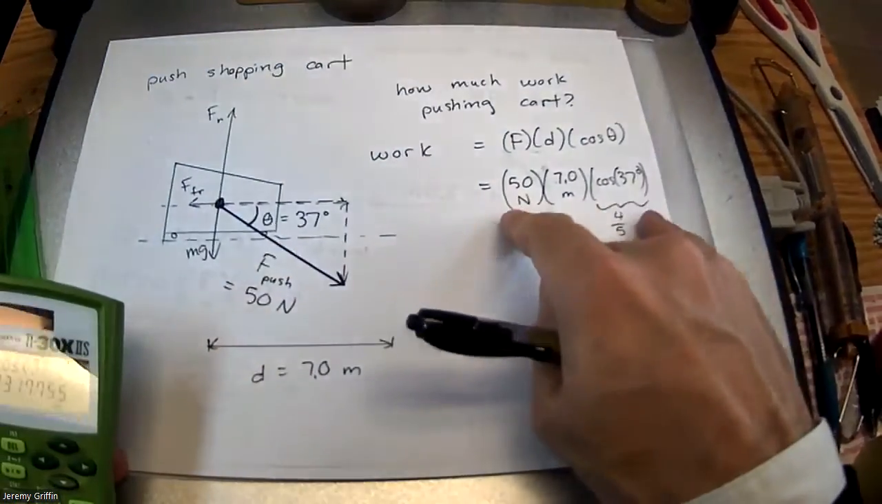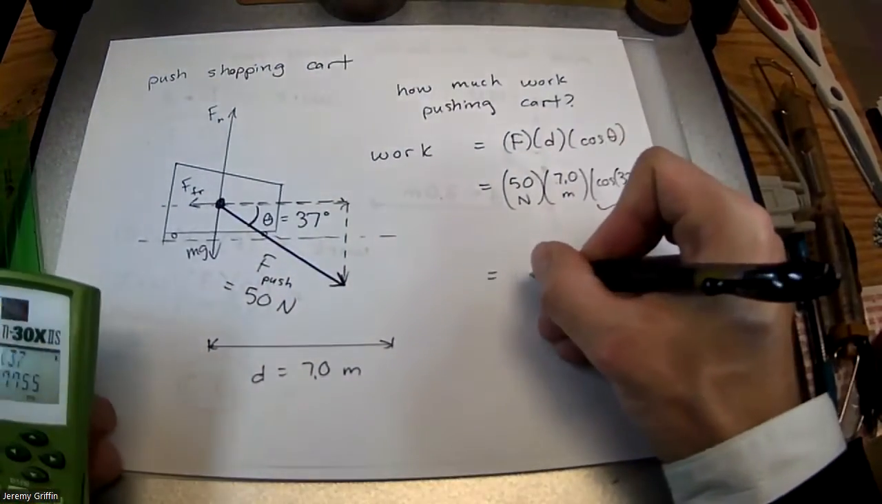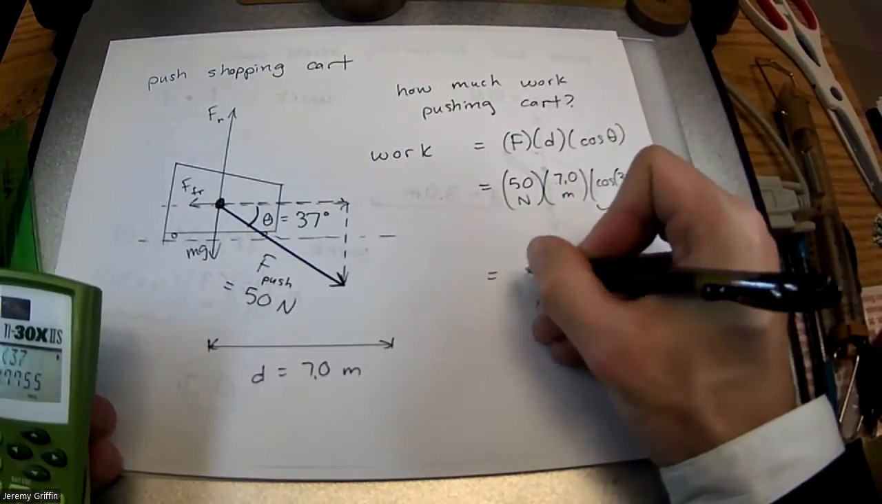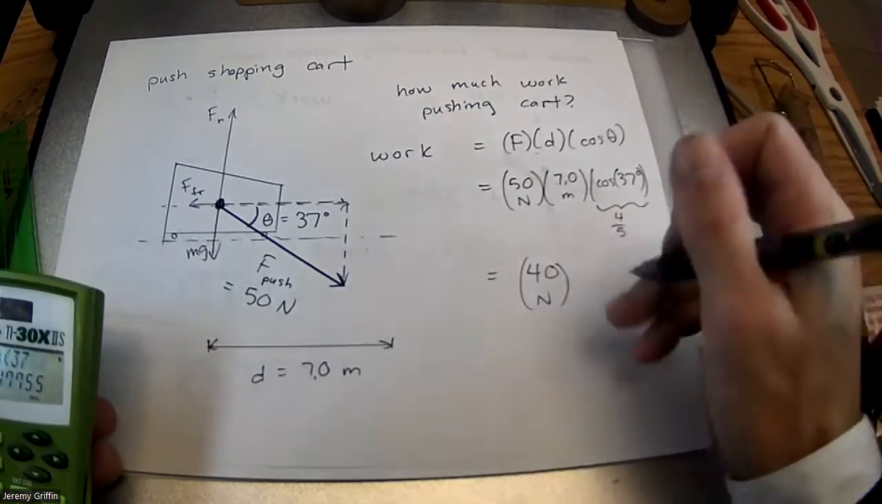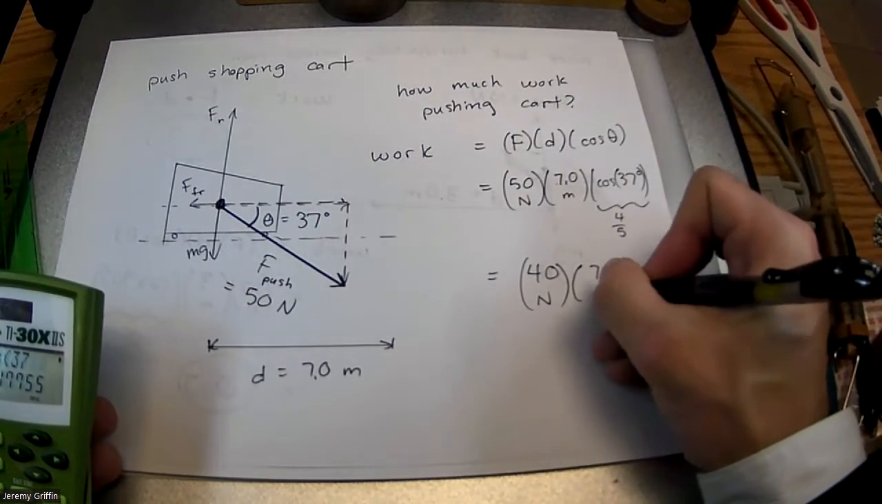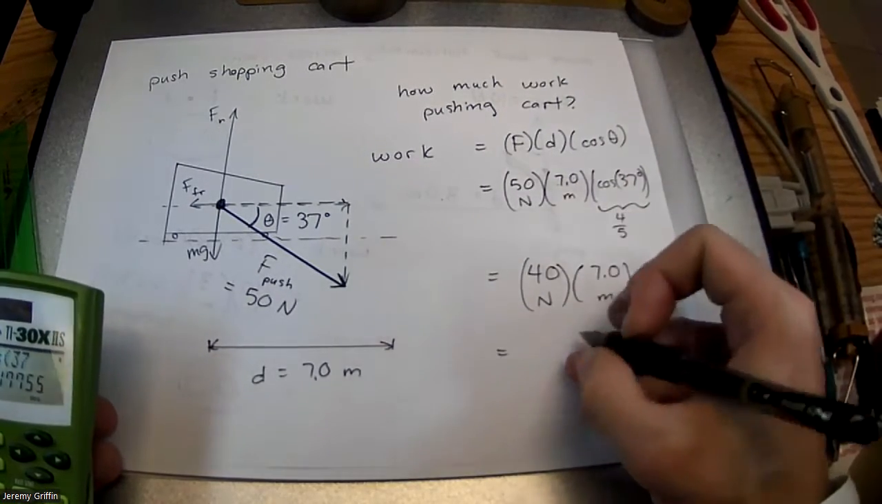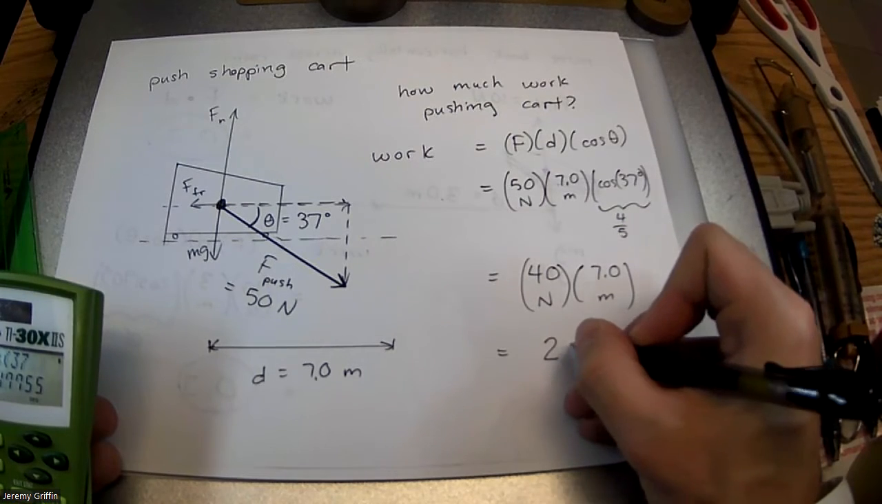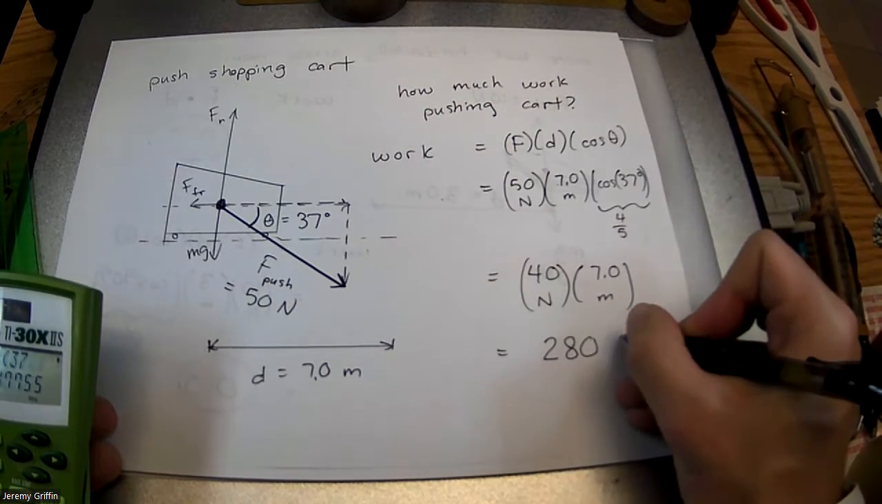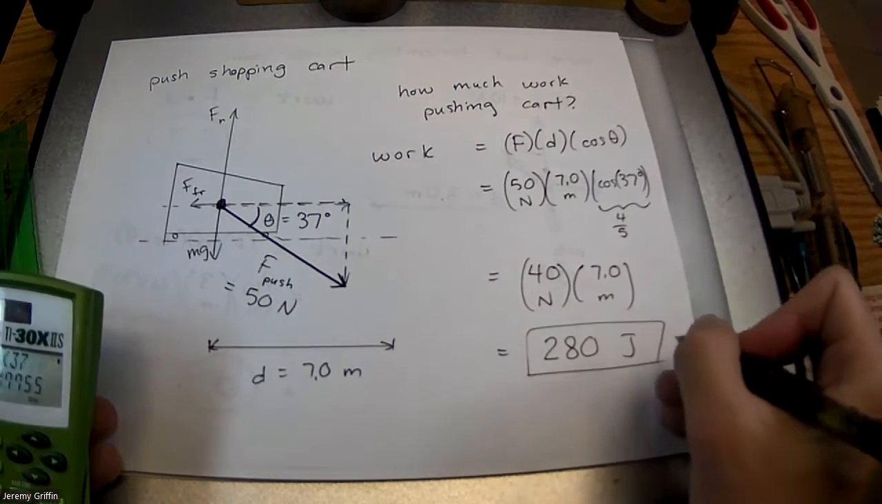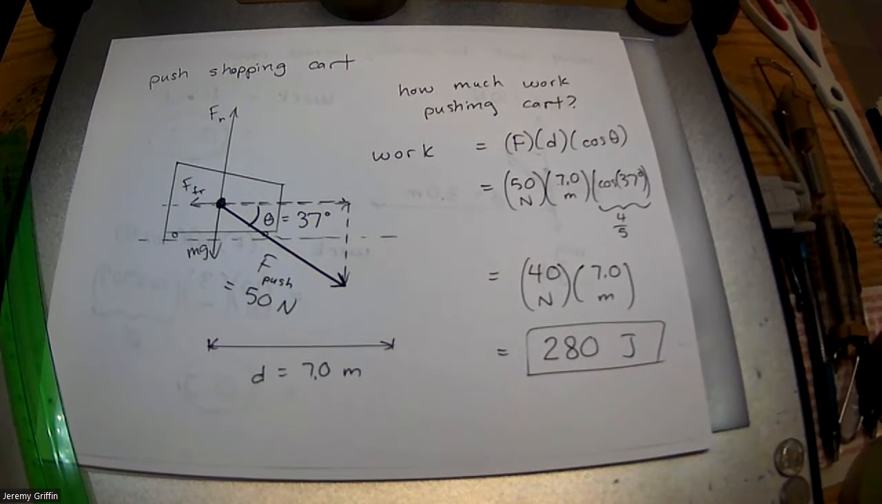So 4/5 of 50 newtons, that's the component of the force that's even doing anything. So I'll go ahead and tag these two together. And I do that for 7 meters. You guys see that's going to be 280 joules worth of energy. So there's been 280 joules transferred into that shopping cart. Okay. Now